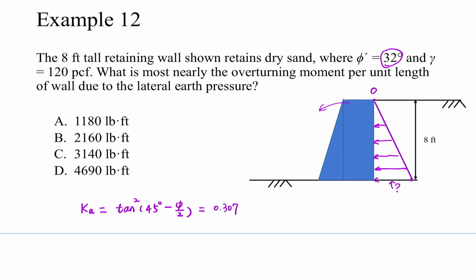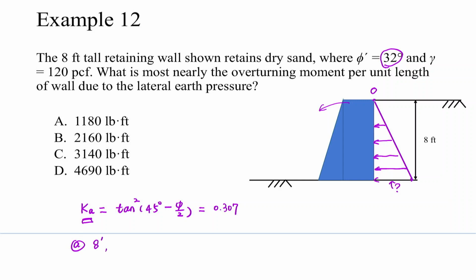Well, this is actually pretty easy. Ka is a factor or coefficient, whatever you call it, on top of the vertical earth pressure. So basically, you have to come up with the vertical earth pressure at this step, and then multiply that value by Ka. Then that would be the lateral earth pressure value. So first of all, we do the